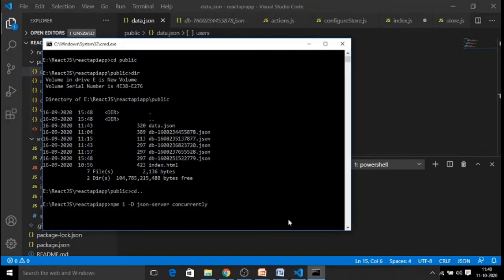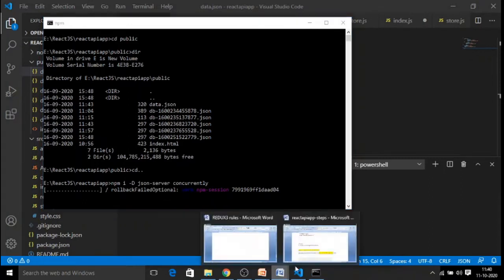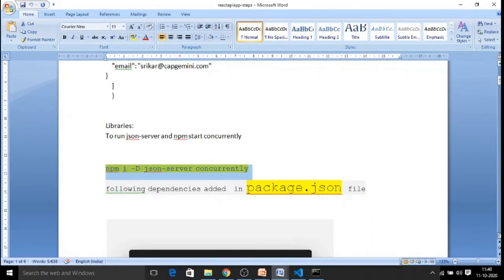Once again I am showing you the process of installing it. Whenever you install JSON server, it takes a few seconds to update your library. Once the JSON server is ready, the server can be started.